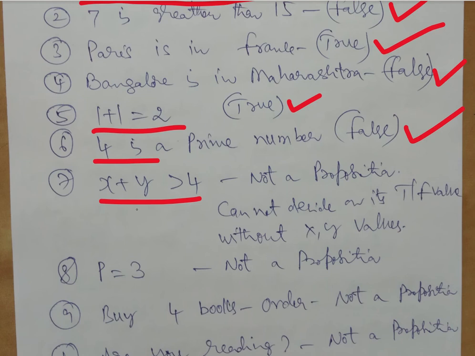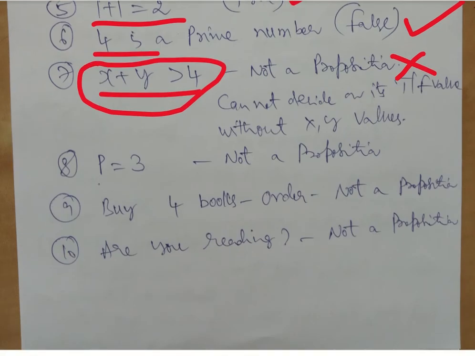So if I give a certain set of x and y, it might be true, but it is not true for all values of x and y. Like we have (a plus b) whole square is equal to a square plus 2ab plus b square. There it is true for all values of a and b, irrespective of what value we give to a and b. But here the statement cannot be true every time, so we cannot attach either true or false. Thereby we say x plus y greater than 4 cannot be a valid logical statement, so it is an invalid logical statement.